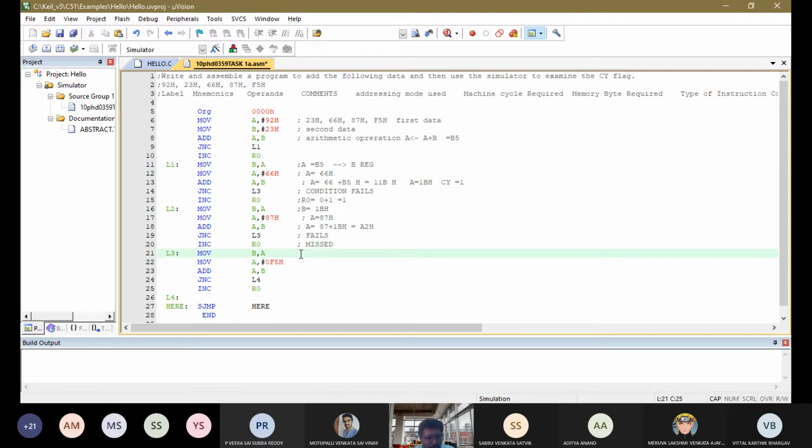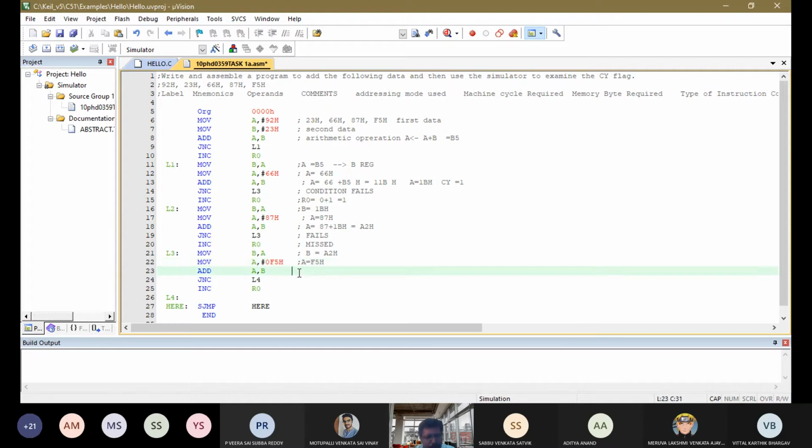It comes to this particular location. Again, what happens now? A value becomes B value, which is A2H. So next A becomes the last value loaded in A, F5H.